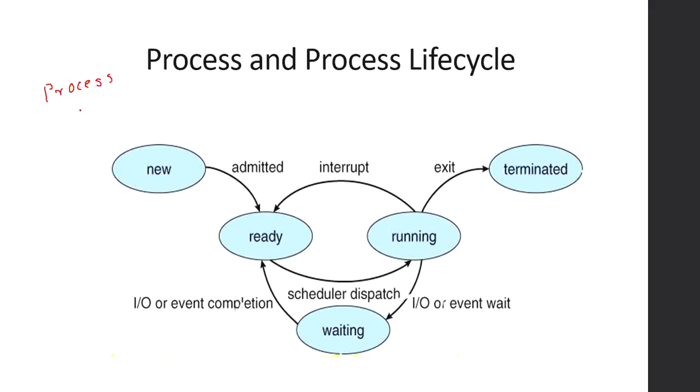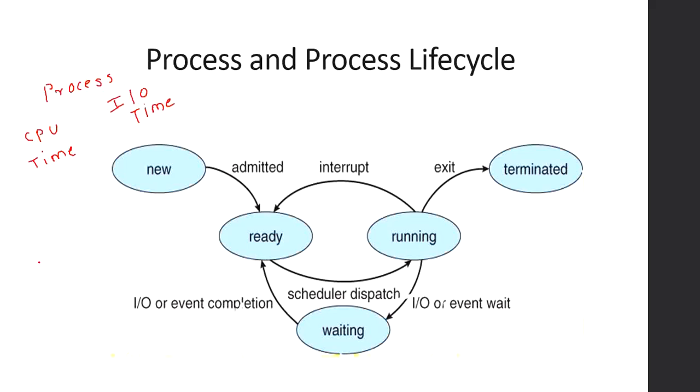The process requires first CPU time and another one is IO time. So what is CPU time? It is the time required for the CPU to execute this process, meaning it is done by the CPU. All the CPU operations that are done by the CPU are called CPU time.